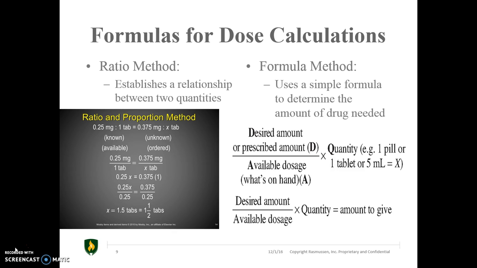There are two methods that we use for dose calculations, the ratio method and the formula method. The ratio method establishes a relationship between two quantities. It compares the drugs ordered to the amount on hand, where the formula method is a method used to simplify and determine the amount of drugs needed for the equation. It's the desired amount, or the ordered amount, divided by the dose on hand times the quantity of the supply